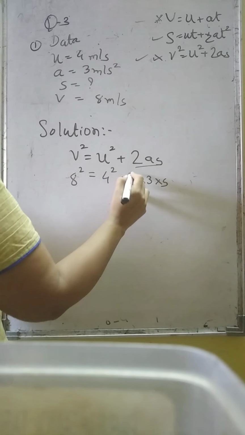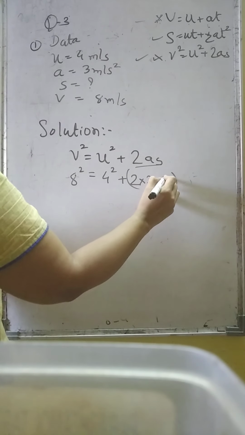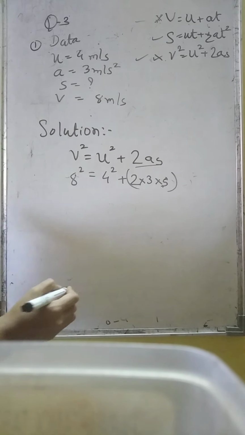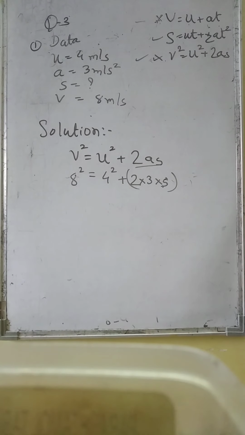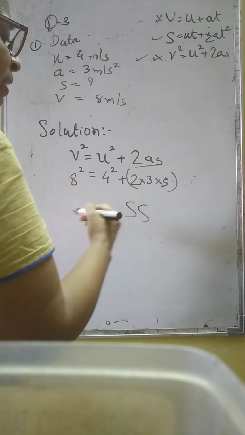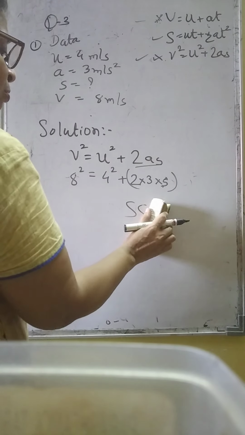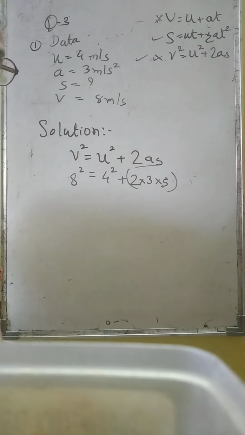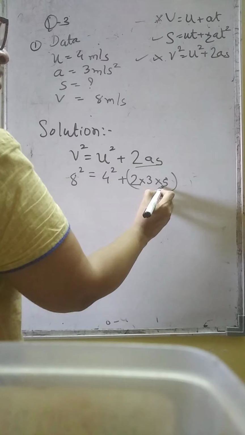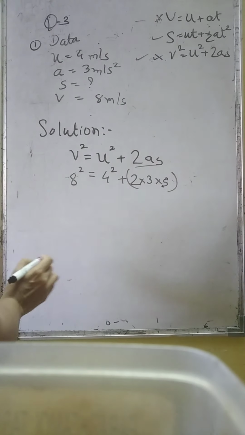See, this 2as I will do together, and this is s. Children, when you write s, remember that your s and phi should be clear to the teacher. It will be clear to you, but the teacher should also understand which is your s and which is phi. So s should be written like this and phi like this. Both should not look the same. Teacher should not get confused, otherwise she will not give the marks. So it is s only.